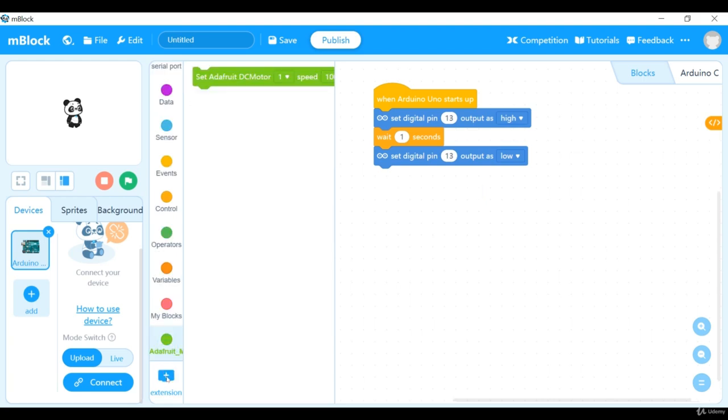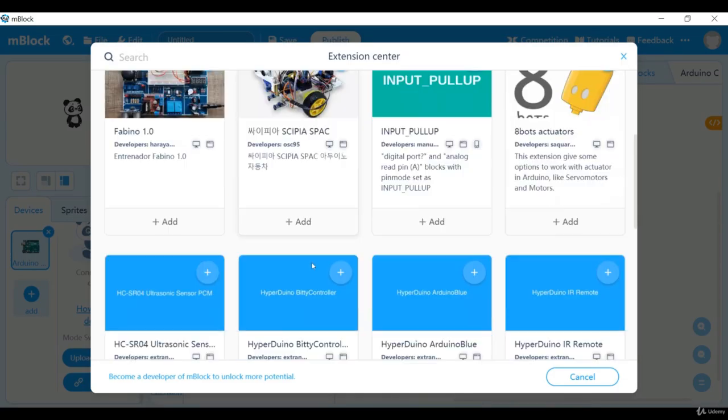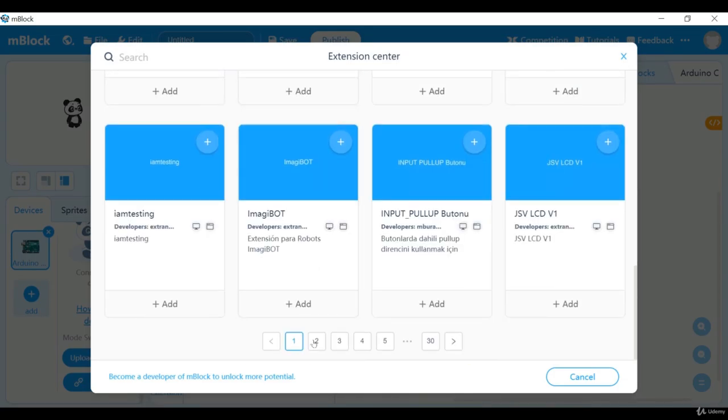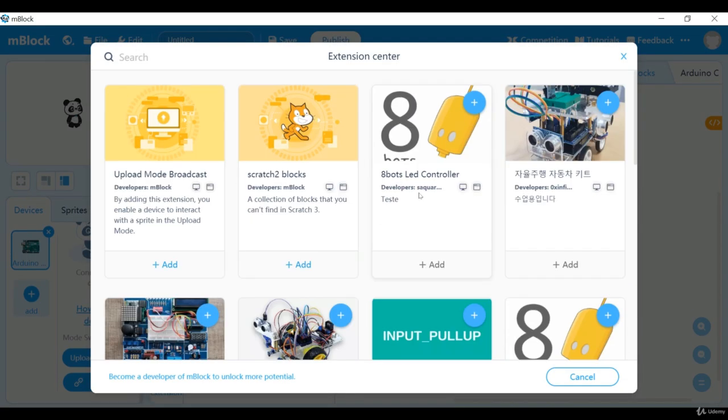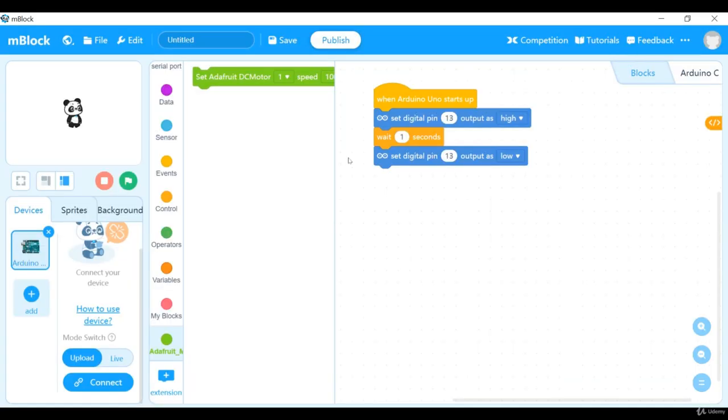If you go here, you can see there are so many extensions available here. So there are so many extensions and you can use different devices with it. So we have added one extension, Adafruit Motor Shield. Now here what you can do with this extension is, if you bring and drop it here, let's just put